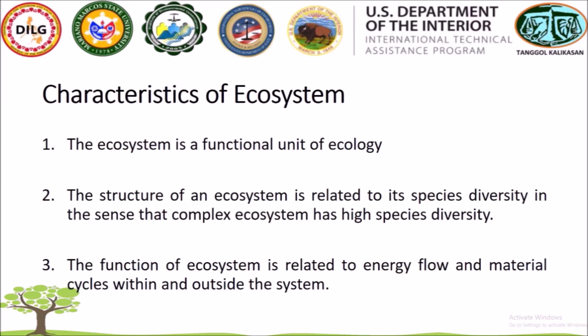The function of an ecosystem is related to energy flow and material cycles within and outside the system. In the flow of energy and inorganic nutrients through the ecosystem, to generalize, the ultimate source of energy for most ecosystems is the sun, and the ultimate fate of energy in an ecosystem is to be lost as heat. The energy and nutrients are passed from organism to organism through the food chain, as one organism eats another. And then the last organism is the decomposer. It removes the last energy from the remains of organisms,